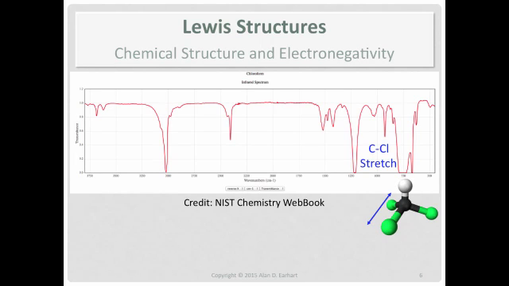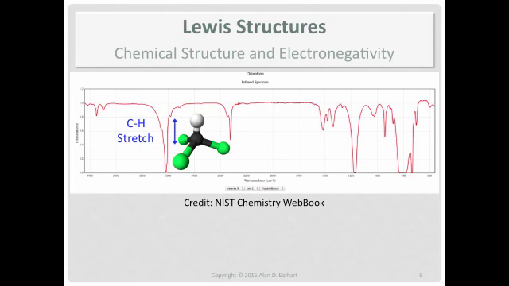So you look all the way on the right, that broad peak there, that corresponds to a carbon-chlorine stretch. Then, this one over here to the left, that corresponds to a carbon-hydrogen stretch. Now look at the information that we get out of this. We know that there's a carbon-chlorine stretching motion going on, and we know that there's a carbon-hydrogen stretching motion going on. That's important.